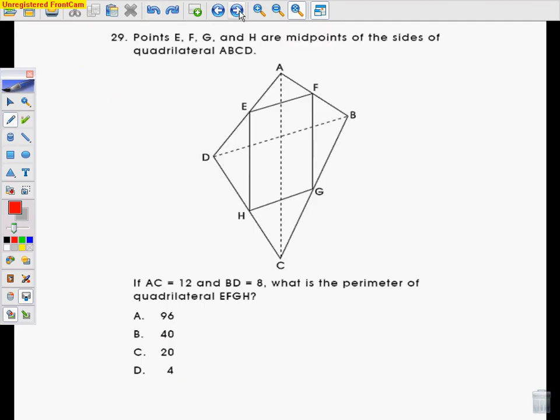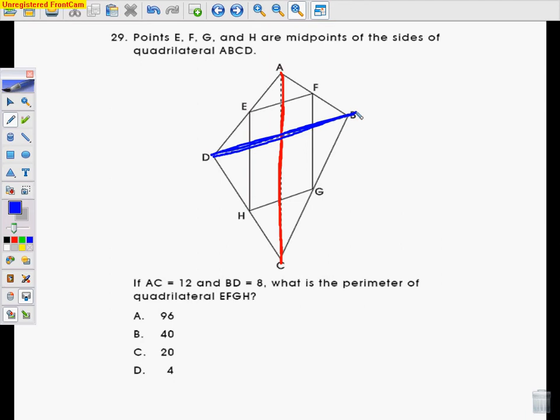All right, number 29. Points E, F, G, and H are midpoints of the sides of a quadrilateral, A, B, C, D. So if AC is 12, so I'm going to go ahead and draw this in here. AC, this whole thing, is 12. Okay, and BD is 8. So this here, this whole thing is 8. BD is 8. What is the perimeter of the quadrilateral EFGH? Well,